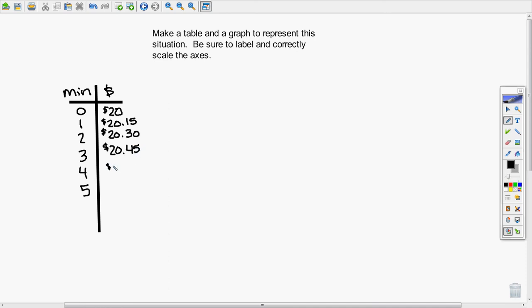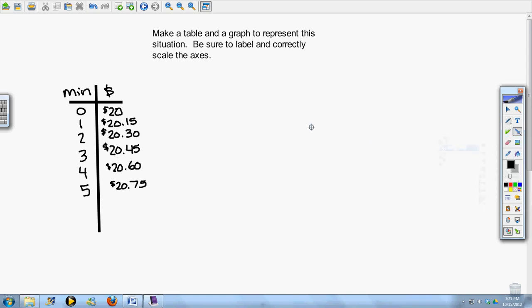Okay? And we'll just go here to 5 minutes. So it looks like it'll end at about $20.75. Okay, so we've got our table that looks something like that there. Alright, so we had to make a table. And then the next thing that I asked you to do is to make